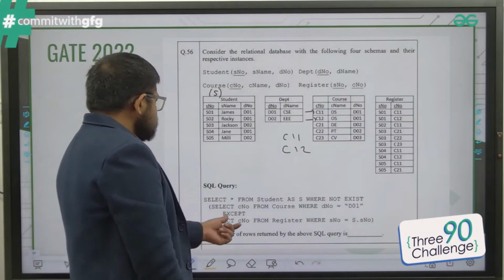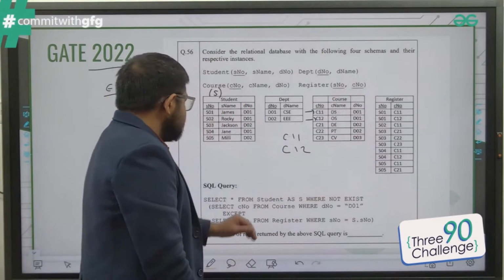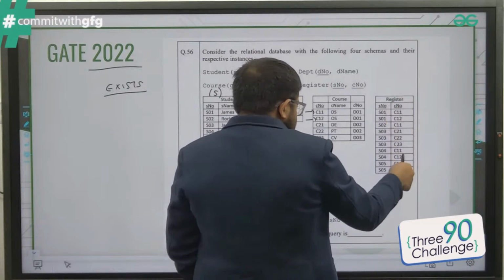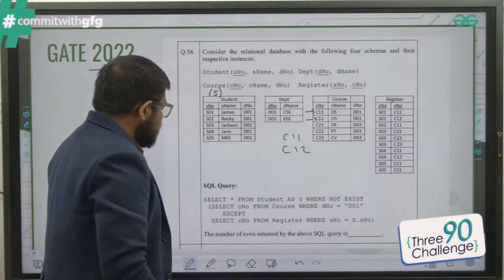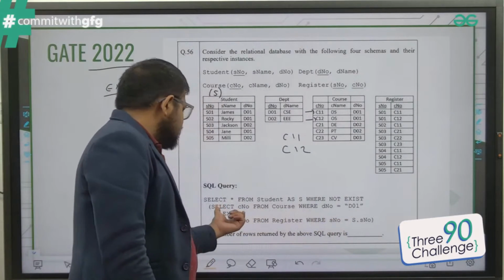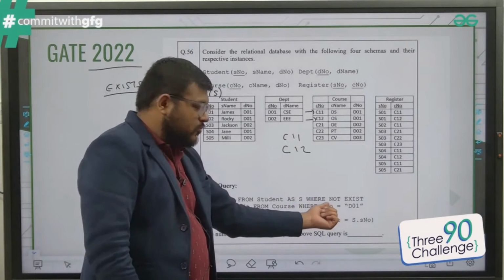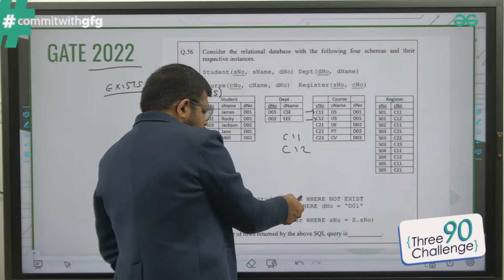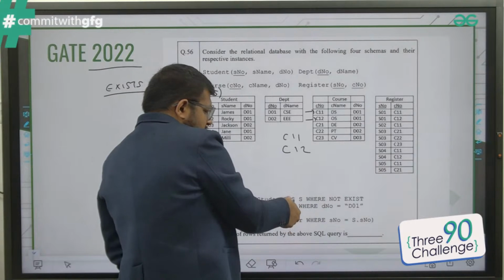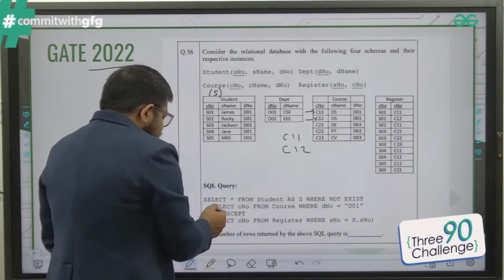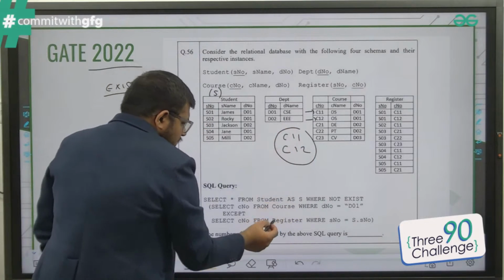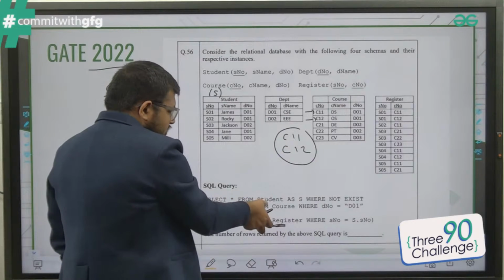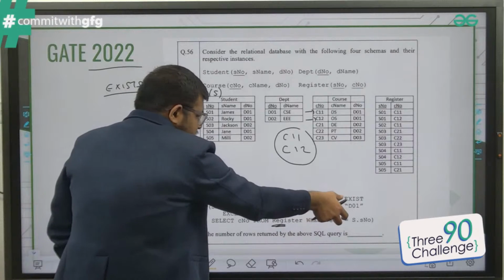Okay, so you select C number from register where S number is equal to S dot S number, and here there is except. So all the values which are present here will not be present here. And not exists will return me true when this will be empty. When this will be empty? When C1 and C2 are also present in this query. So C1 C2 except C1 and C2 will give me empty,